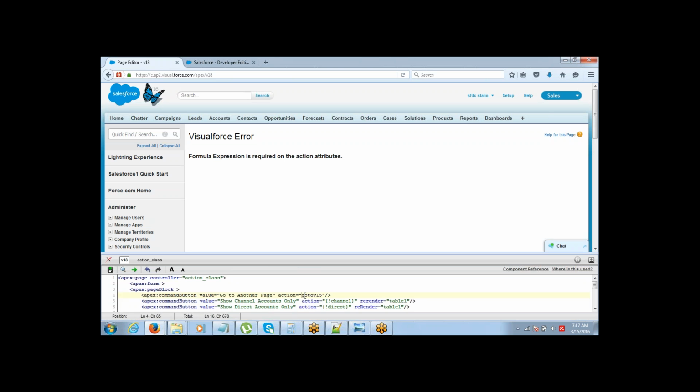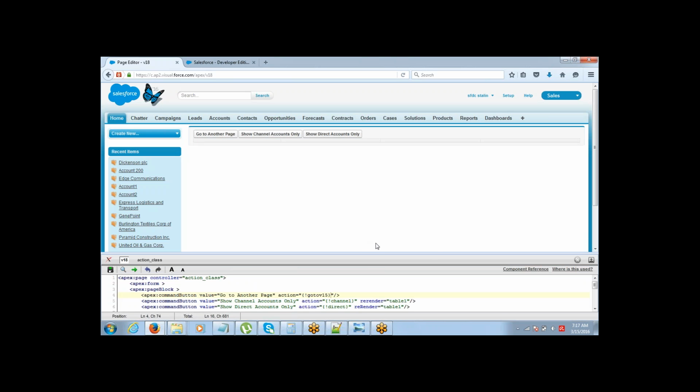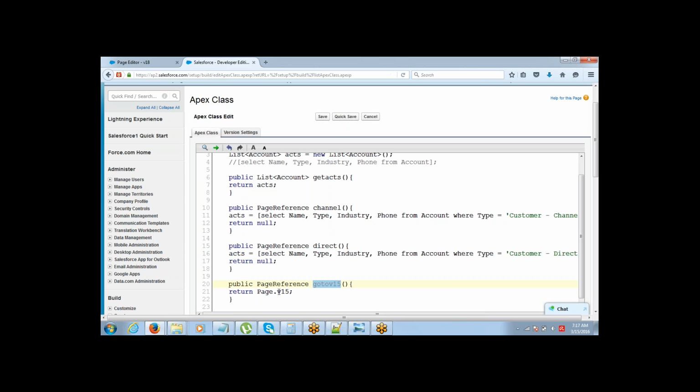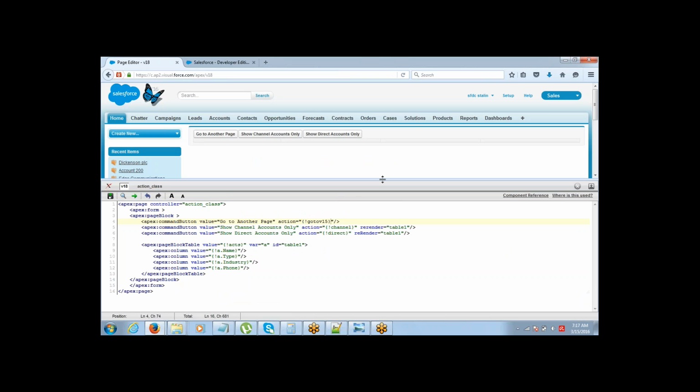Okay. This is missing. See, now this go to another page is connected to this method, which will take you to page V15. So once you click on this button,